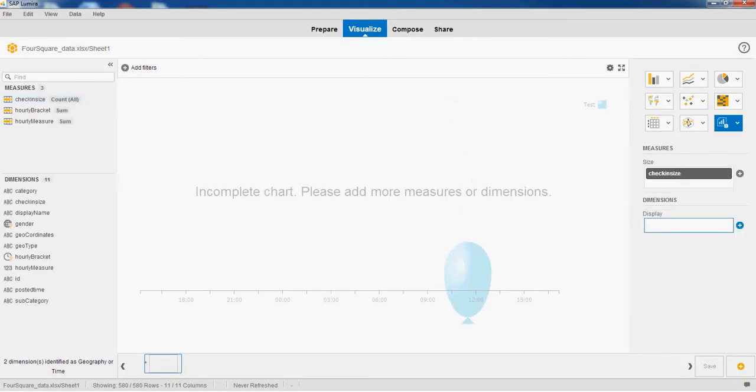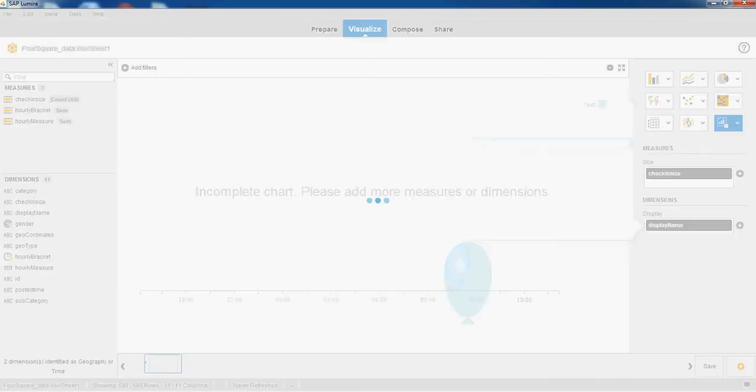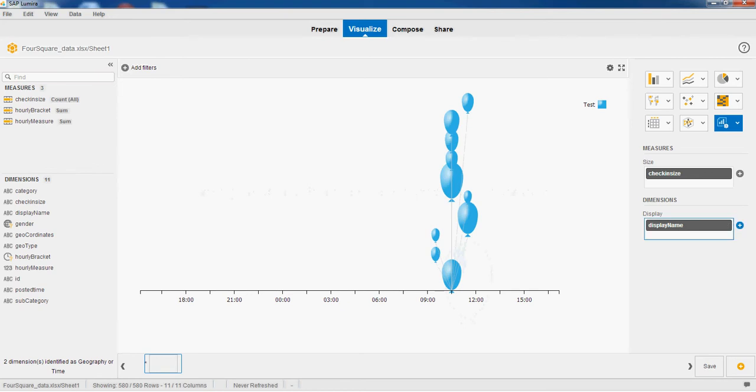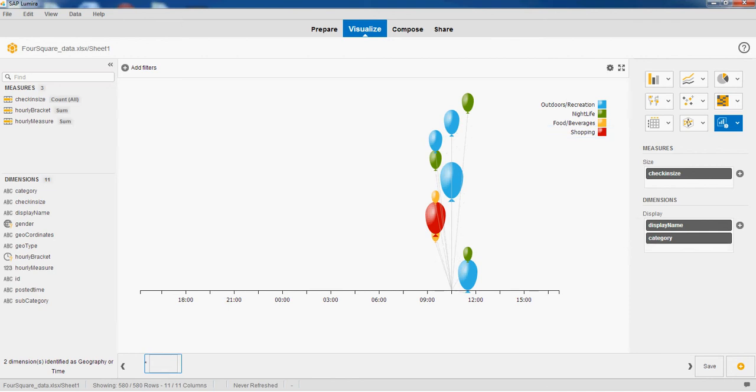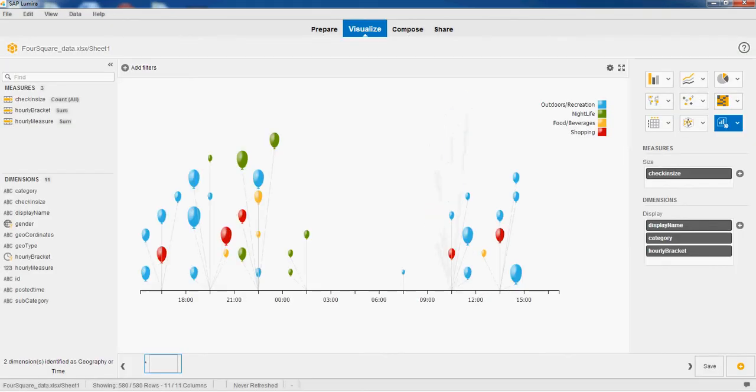Then we will add the dimensions, which are display name, basically required for a tooltip. Then we have another dimension called category, which would segregate the data based on category, and then we'll arrange this data in their specific slots using the RD bracket dimension. And yeah, there you have it.